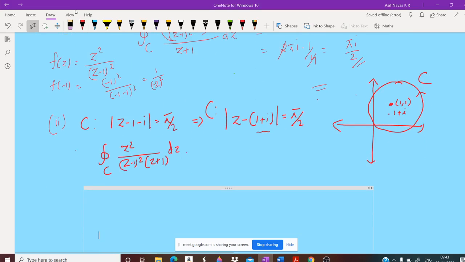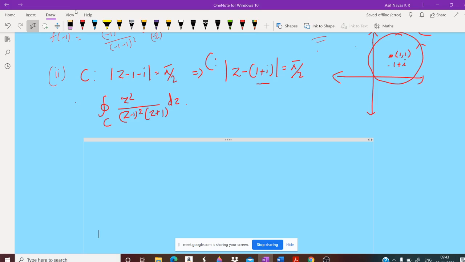Now the points at which f of z is not analytic are z equal to 1 and minus 1. Now we have to check whether 1 or minus 1 is inside the circle. So for that, what we will do is, first we will check z equal to 1. If I put z equal to 1 here, I get 1 minus 1 minus i. So the distance from 1 to 1 minus i is